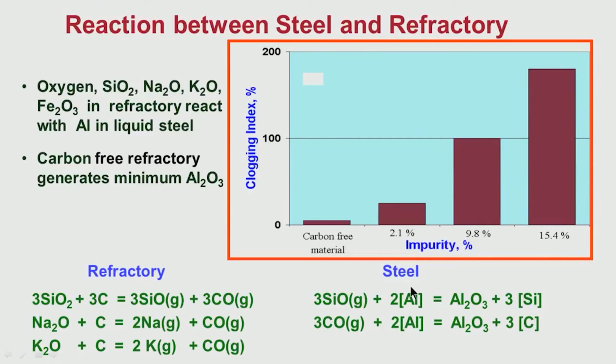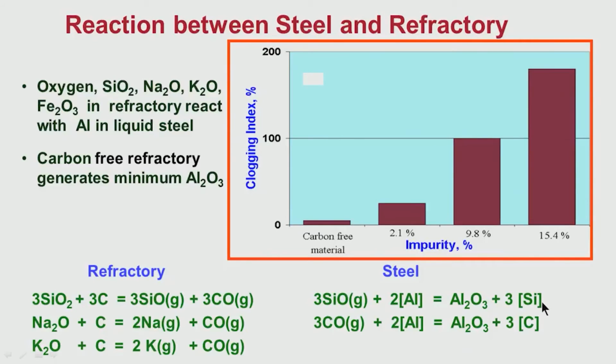This SiO will now react with aluminum in liquid steel. I have mentioned many times that a good amount of deoxidation is possible only when we do deoxidation or killing with aluminum. So, some amount of aluminum will also be there as elemental aluminum in liquid steel. This elemental aluminum will react with SiO, which is forming in the refractory from the reaction between SiO2 and carbon,